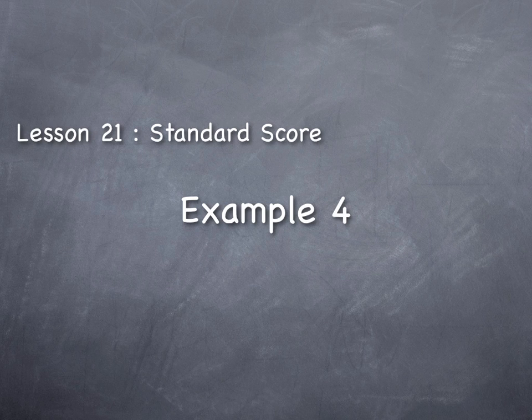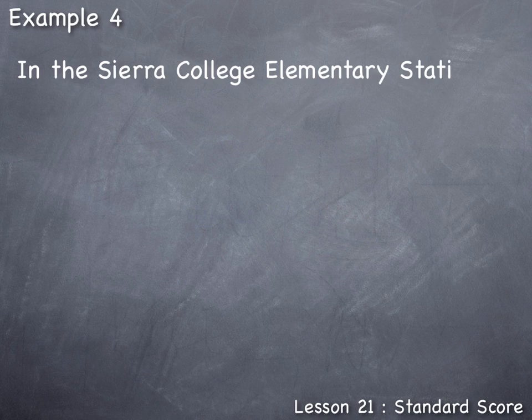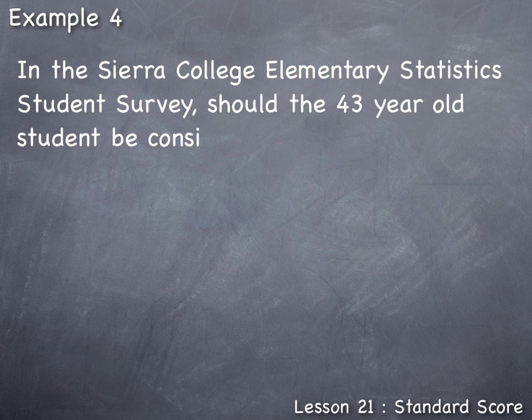Lesson 21, Standard Score. Example 4. In the Sierra College Elementary Statistics Student Survey, should the 43-year-old student be considered an outlier? Well, in order to answer the question with regards to being an outlier, we have to know how we define outliers. In this lesson, we've defined outliers as data values who have standard scores that are either -3 or lower, or +3 or higher. So in order to answer this question, we need to calculate the standard score for the